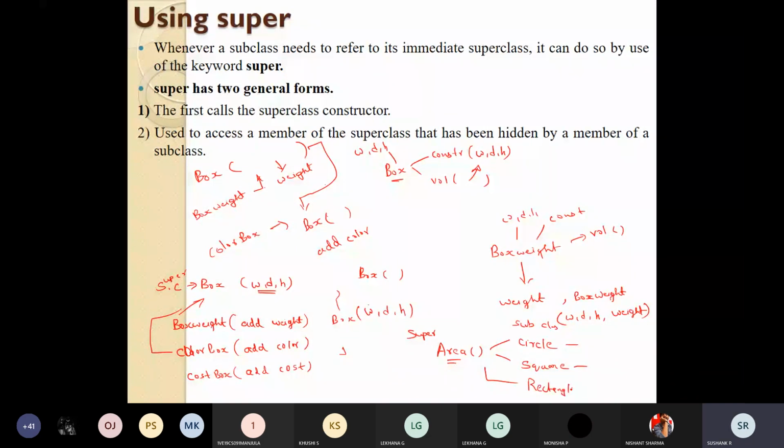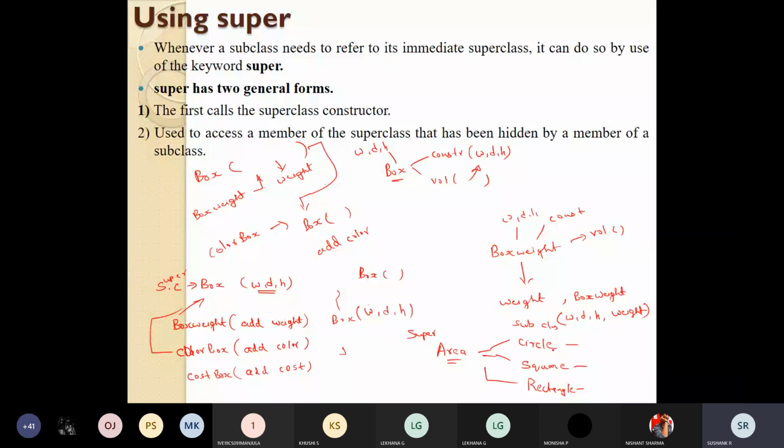See, these subclasses are more specific. They take some attributes or values from the superclass called area, and they add their own features.